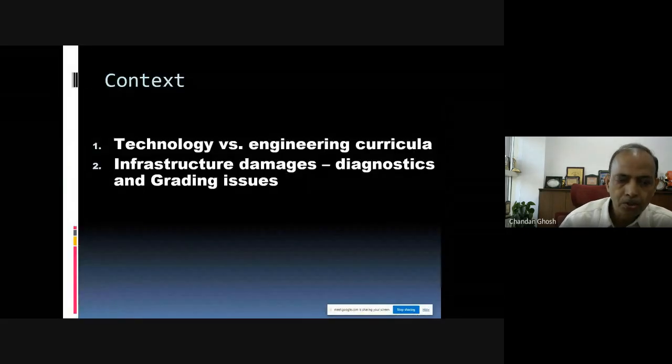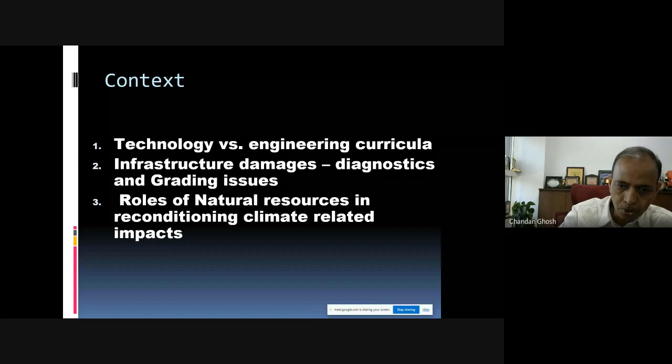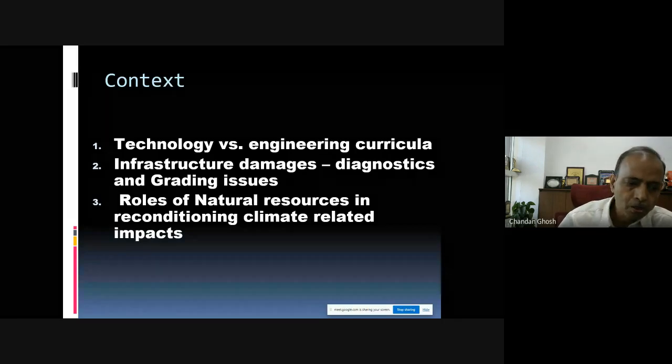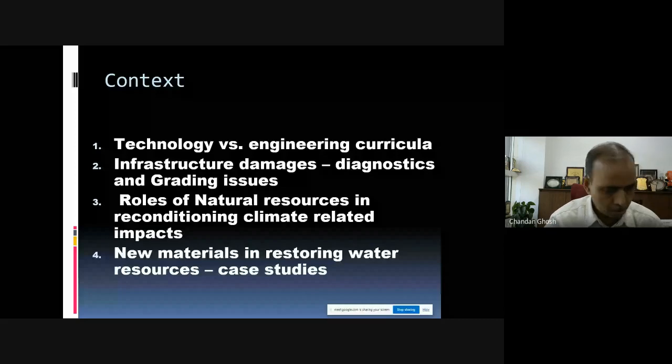The context is technology versus engineering curriculum, then infrastructure damages, diagnostics and grading issues I have discussed, the role of natural resources in reconditioning climate-related impacts, and then new materials in restoring water resources, with some case examples. I think